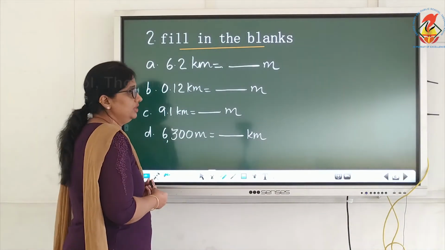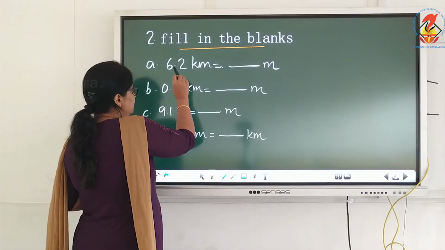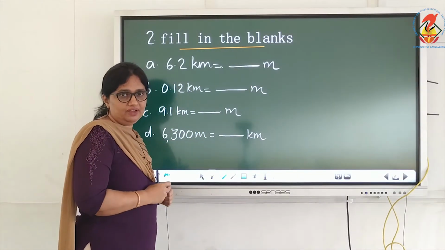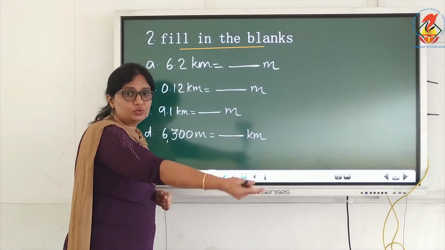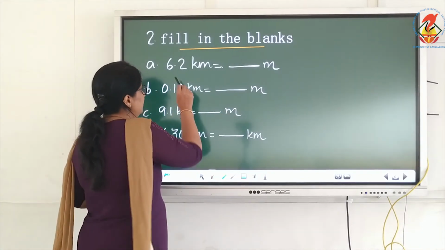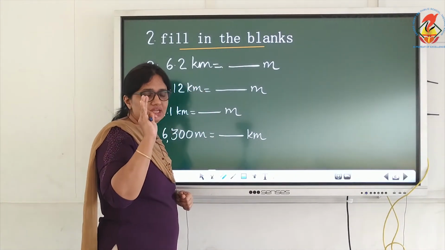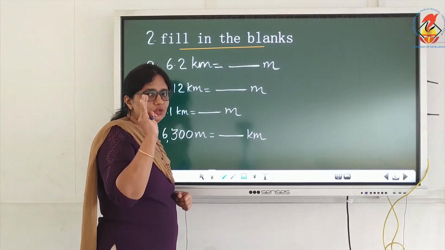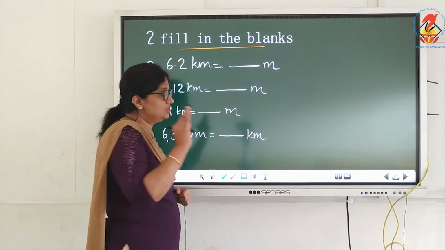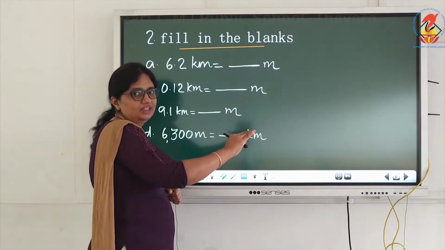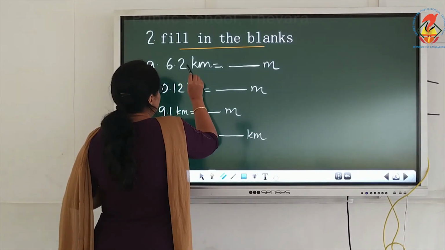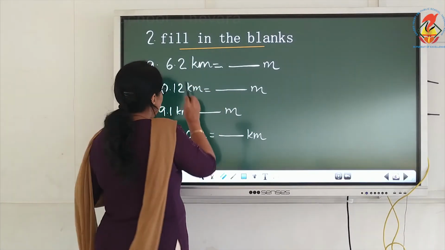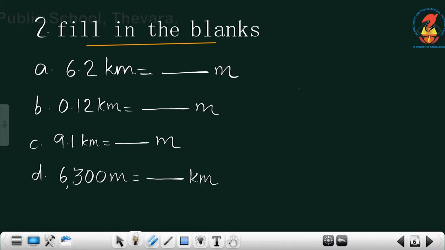And 6.2 into 1000, what will happen there? I told you, right? For the multiplication with 1000, do the decimal places move to right or left? For the multiplication, the decimal places move to the right only, right? Okay. How many places? 3 places, because you know what's the reason? For the 1000, there are 3 zeros, right? So we need to move 3 decimal places to the right only. Okay. And first one, second one, third one. For multiplying by 10, what will happen here? 6.2 into 10, what will happen there? Decimal place moves one place to the right only, right?